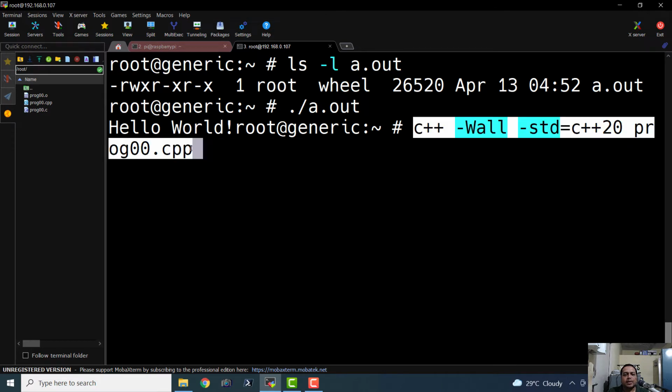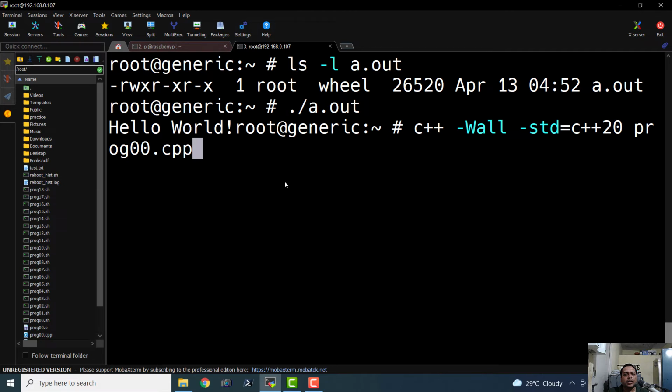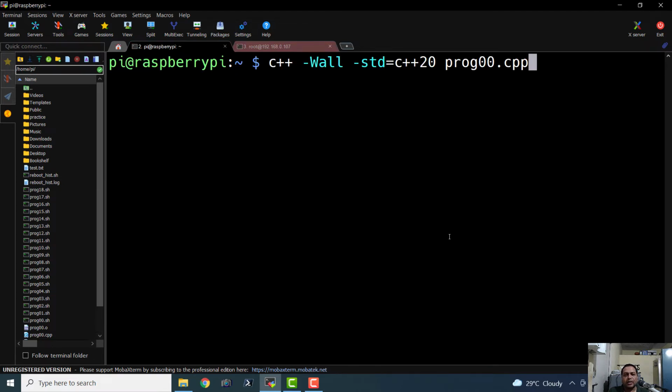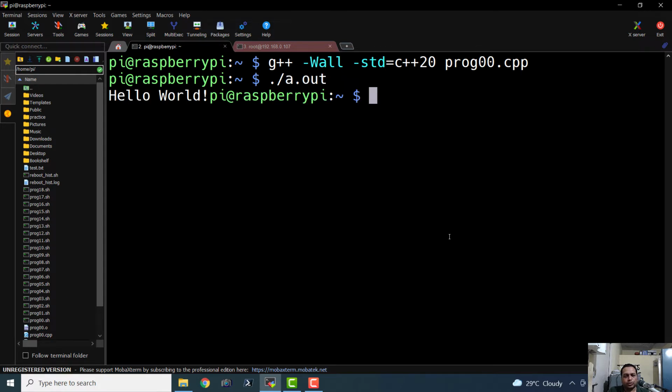Just copy the same line of instruction and paste it here in this terminal and replace this C++ with G++, and we are good to go. So this is how we can compile a sample C++ program on two Unix-like operating systems. And let me show you the execution, and this is the output.